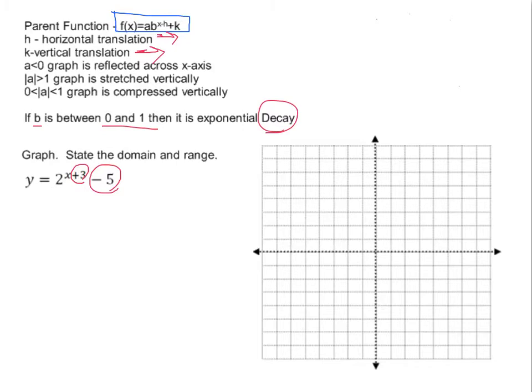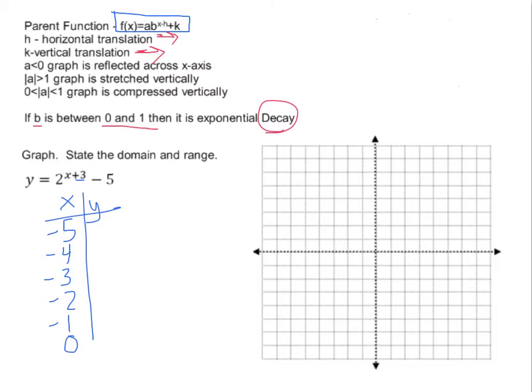Alright, so because we're doing x plus 3 here, instead of starting from -2 to +2 for our XY chart, we're going to start from -5. And the reason why we're starting from -5 here is because it's being shifted 3. So we need to look at some values that are a little bit further along. So we'll look at -5